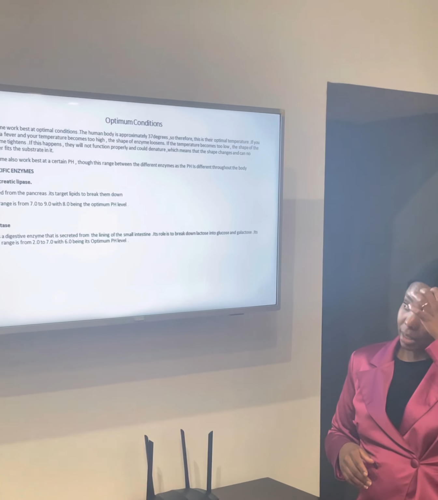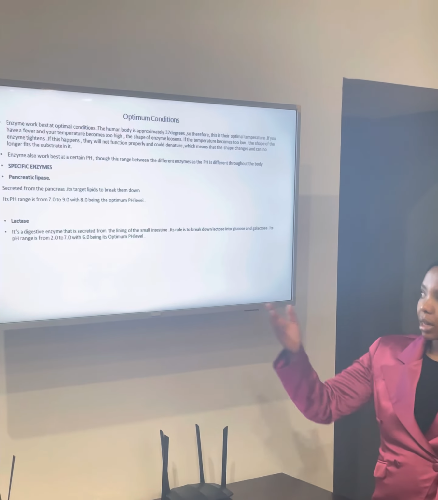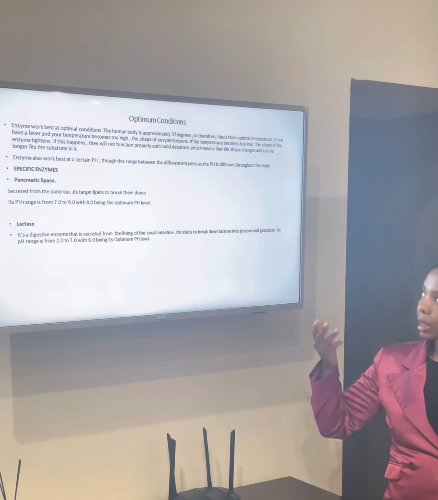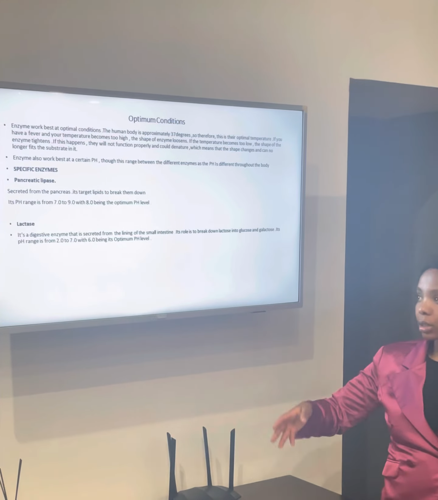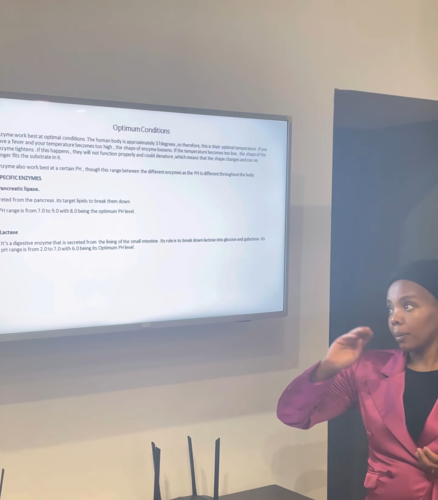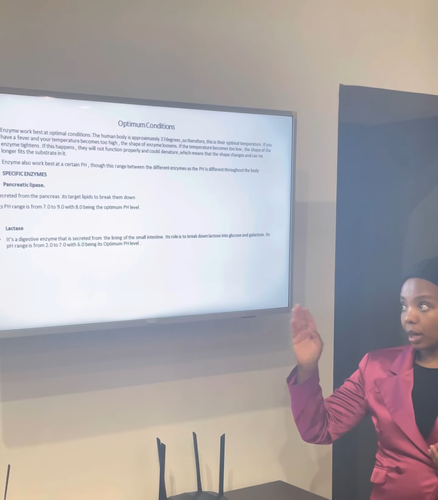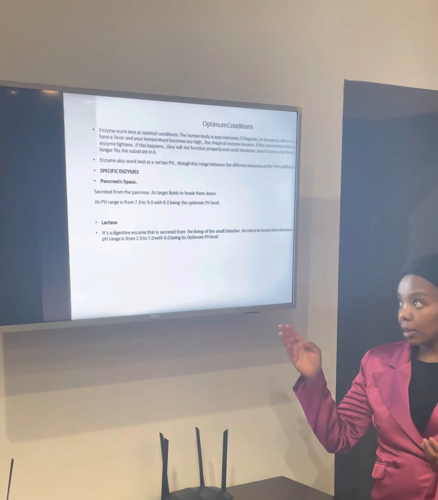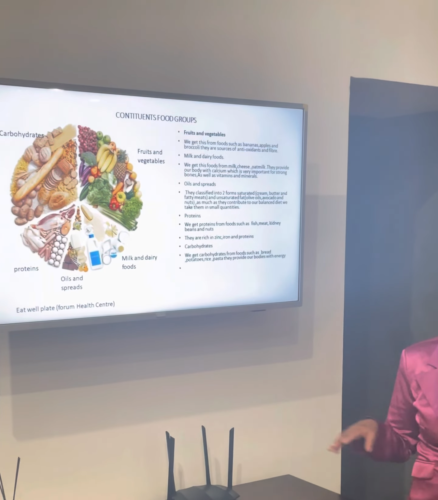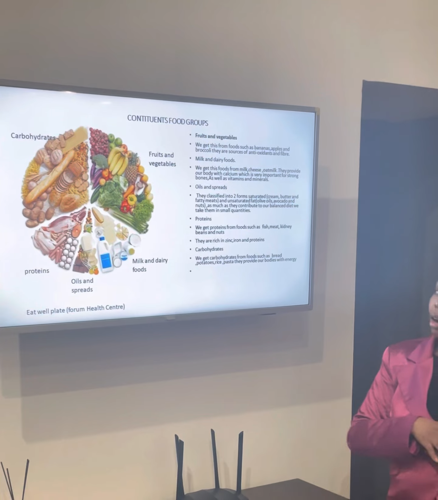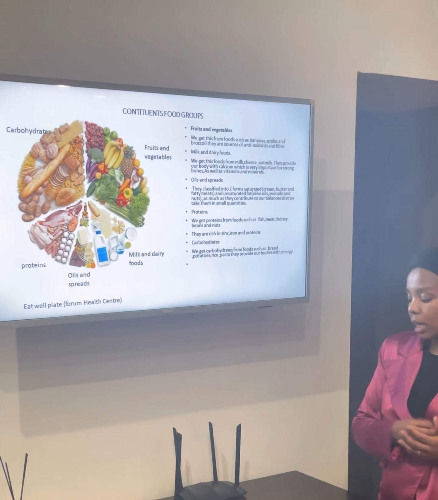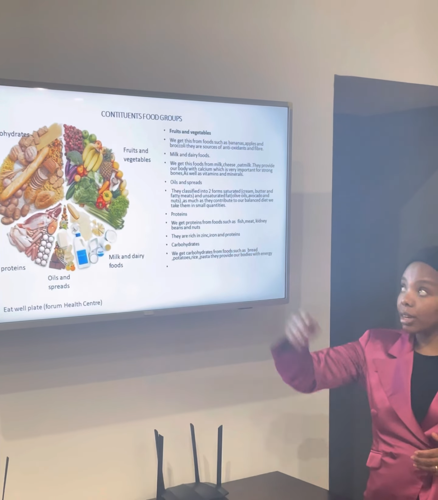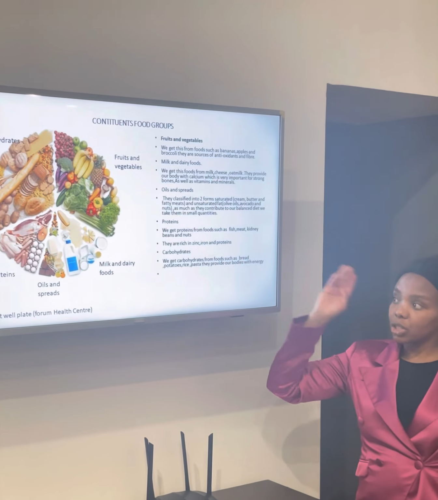It's a digestive enzyme that is secreted from the lining of the small intestine. Its role is to break down lactose into glucose and galactose. Its pH ranges from 2 to 7, with 6 being its optimum pH level and 37 degrees being its optimum temperature. And lastly, I'll be discussing 5 constituent food groups, which is carbohydrates, fruit and vegetables, protein,